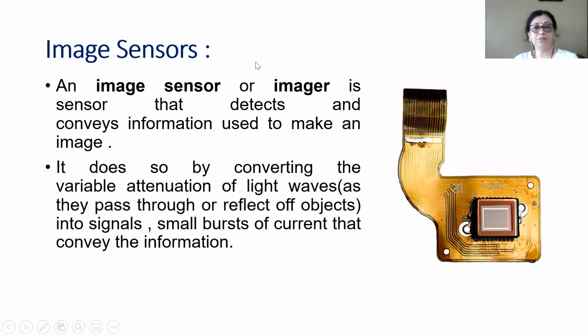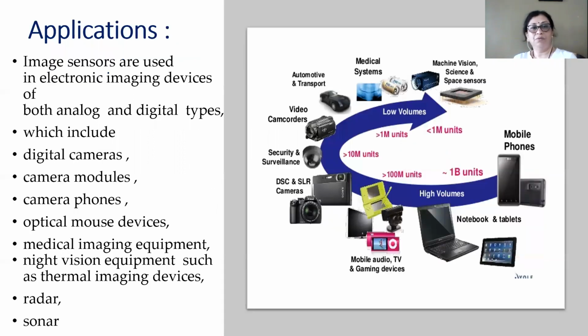So students, yesterday we were discussing image sensors. We have studied that an image sensor is a sensor that detects and conveys information which is used to make an image. This is done by converting the variable intensities of light waves as they pass through or reflect off the objects into electrical signals. So this is what an image sensor is, and we have seen that there are a number of applications